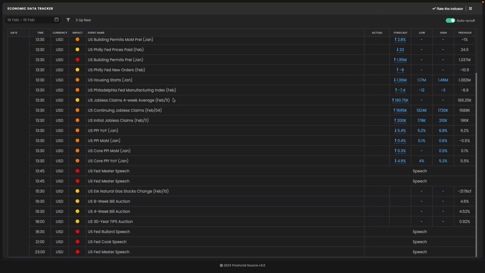Now let's just take a look at what expectations are for the PPI print itself. We can see that the headline is expected to fall to 5.4% from 6.2%, and the core to fall to 4.9%, down from 5.5%. Crucially, the month-on-month prints are expected to rise from the prior. January is expected to increase 0.3% from December's 0.1%, and headline month-on-month is expected to increase to 0.4% from the prior minus 0.5% fall. So a very similar pattern is expected in the PPI print that we saw on the